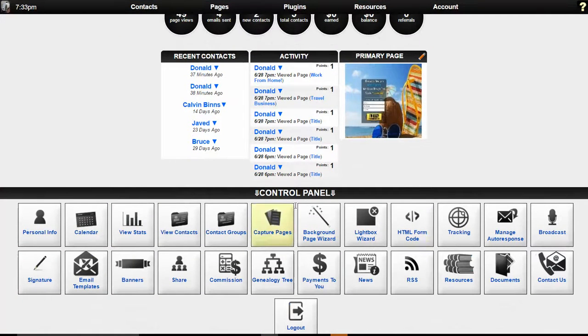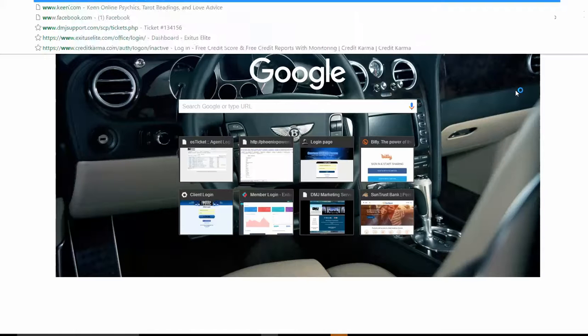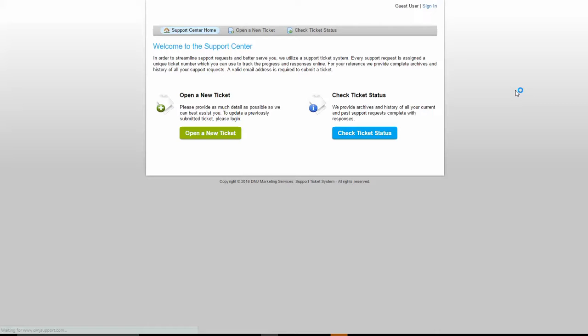If you ever need to contact us, the best way is to use our support ticket system, which is dmjsupport.com. So I'm going to actually go there now just so you can see the system. So this is our support ticket system. All you do is click on open a new ticket